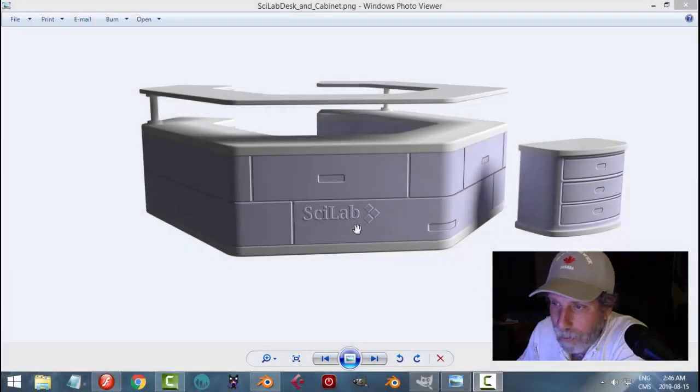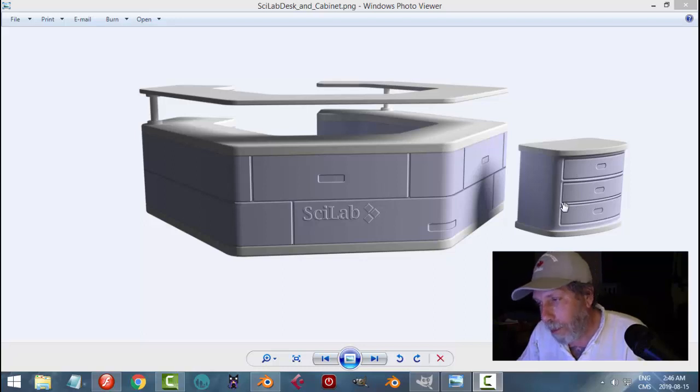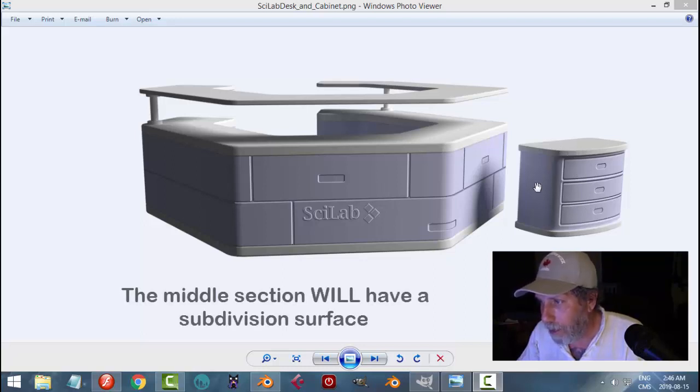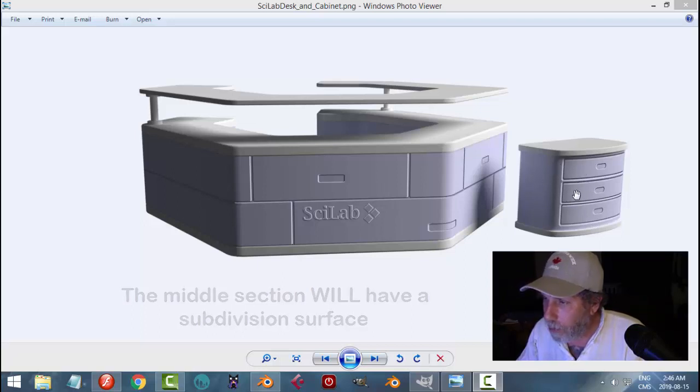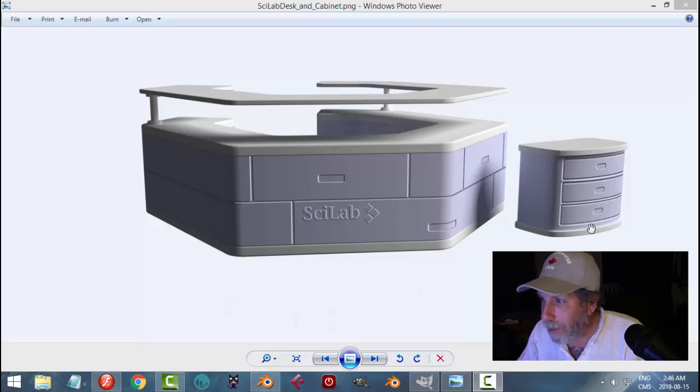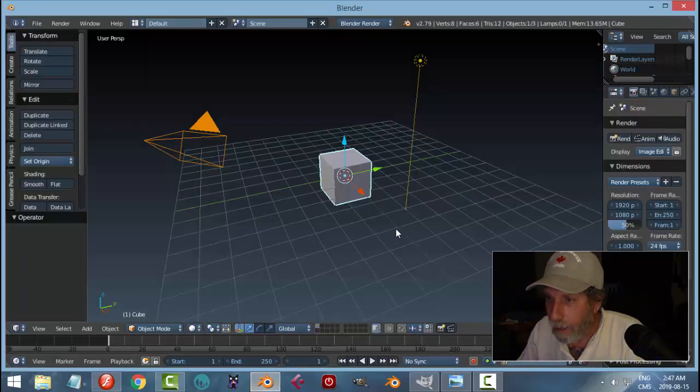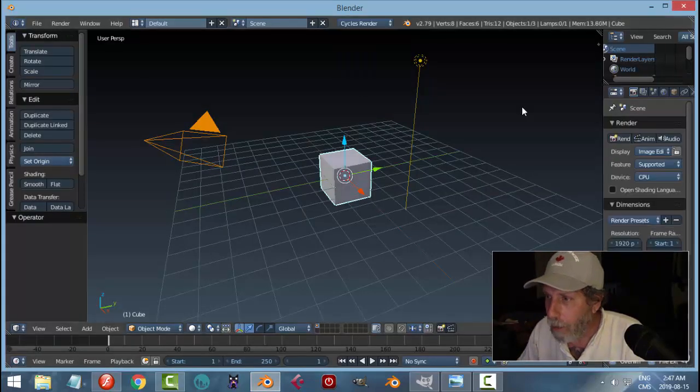I'm still having fun with this displacement map method, and I made these little drawers, which are pretty low poly. I think I've got a subdivision surface on the top and the bottom, but the rest is a cylinder or a circle, and this is all just displacement. So it's going to depend on the placement of your lights whether or not it'll look really 3D or not. Okay, so I'm going to switch over to Cycles